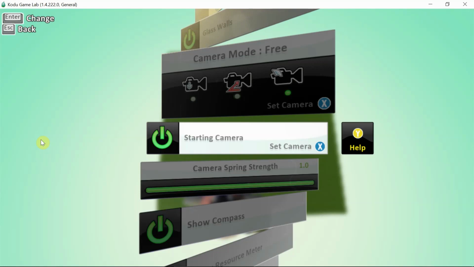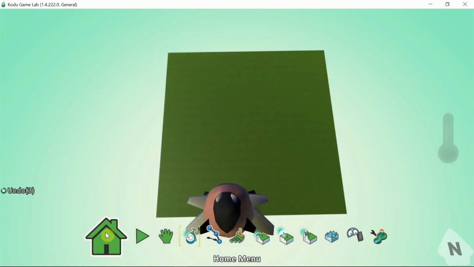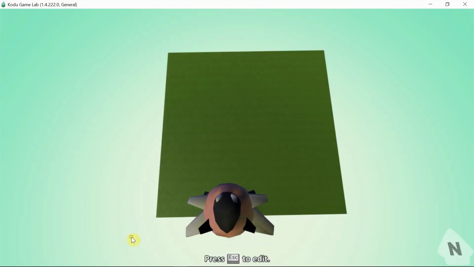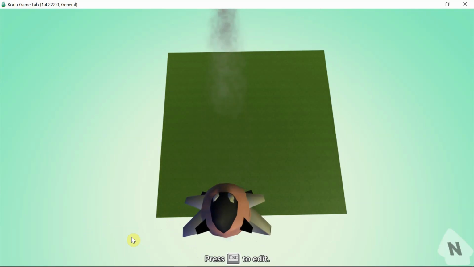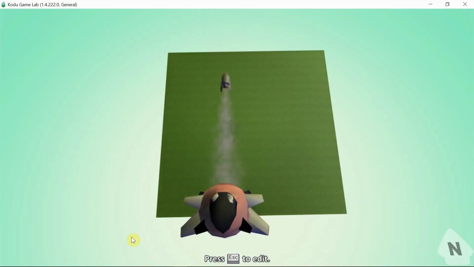So this is done. I press escape to come back and now let us play the game. So this is how it is working. I press the space bar. Now did you notice it is taking a little delay in shooting the missiles?